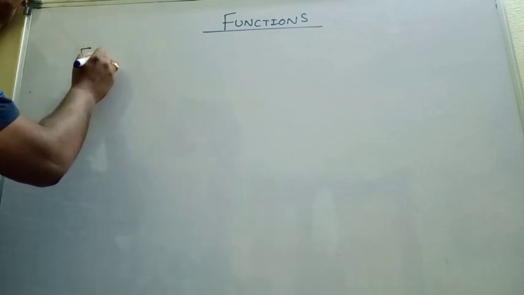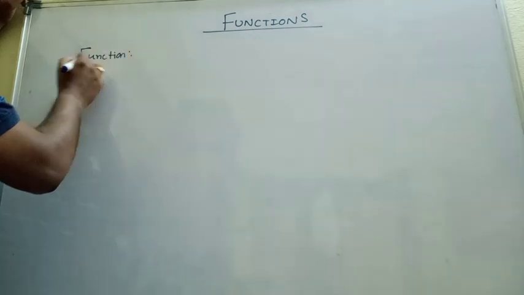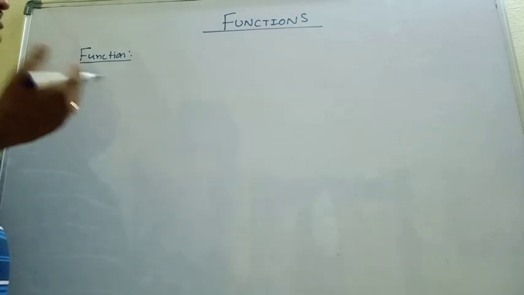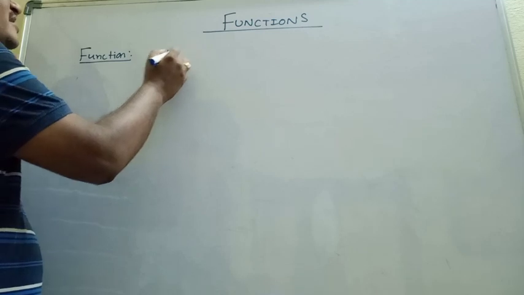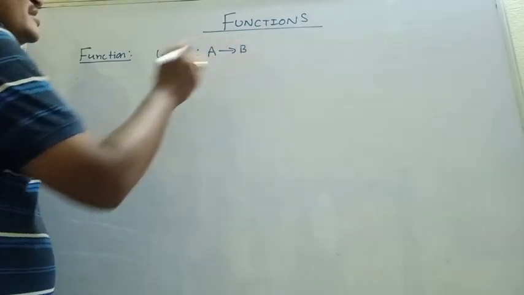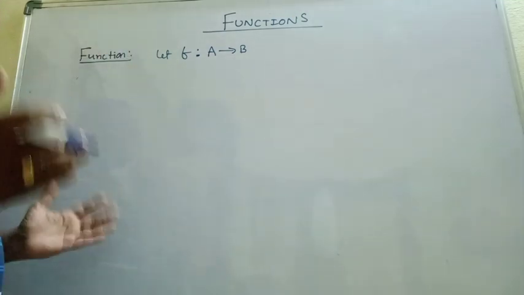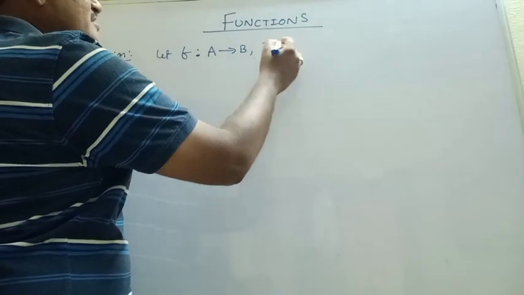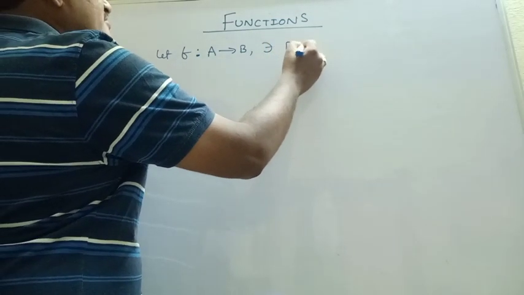Like a function definition, a function is a special kind of relation, such that it will satisfy certain conditions. Okay, let f be a relation, first of all, from A to B. It is a relation with some additional condition, such that each and every element,